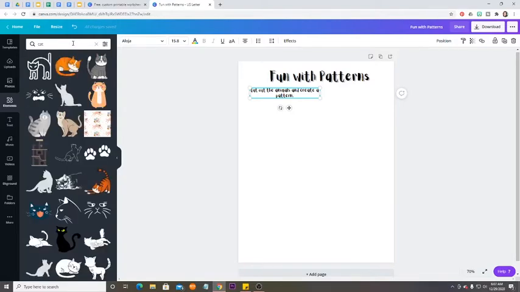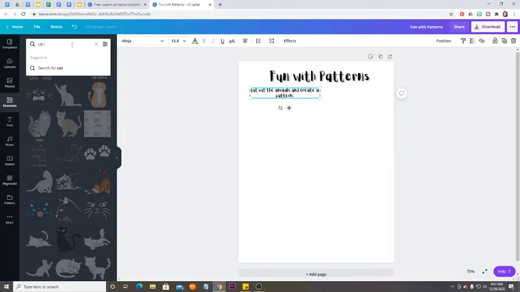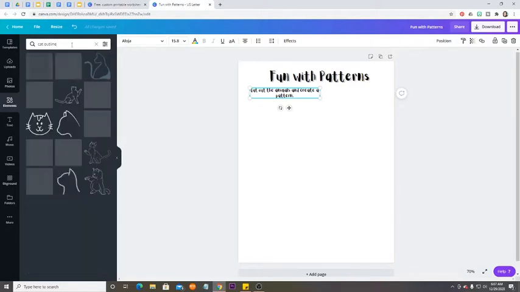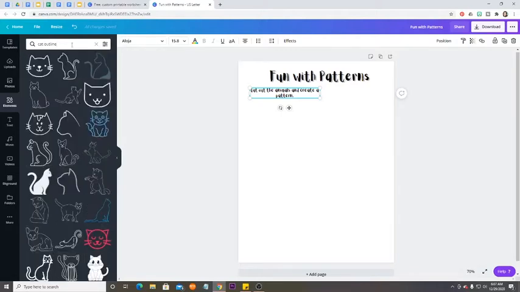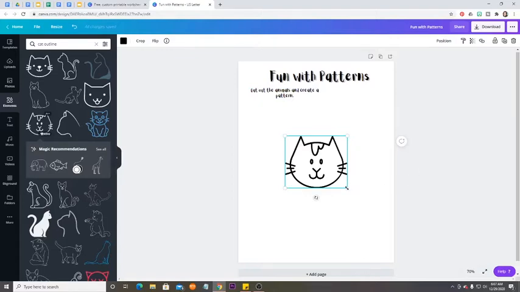Now I'm looking for black and white images, so cat, let's do cat outline. If I type in that word outline, then it will pull up outlines in black and white images, which is what I want. So now I just have to pick one. We'll do this one. So here's a cat,